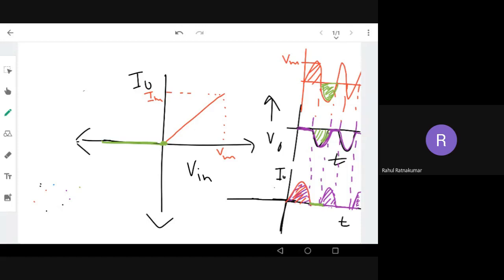I think you're getting it, right? The only thing is you have to see what the current waveform is with respect to time. We already have V out and V in with respect to time. V in is just a sine wave. V out is, you can say, this positive clipped wave, right? Based on those two data, we know the variation of current with respect to input voltage. Now, this is just the I out by V in characteristics. Now we'll go to another circuit. I think this is clear for everyone.